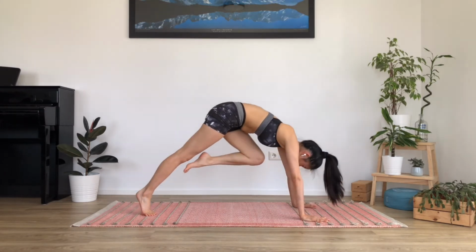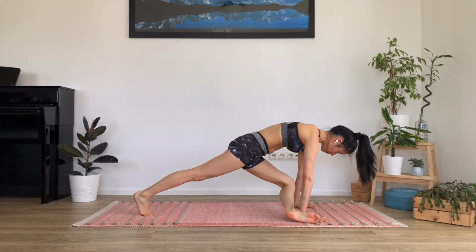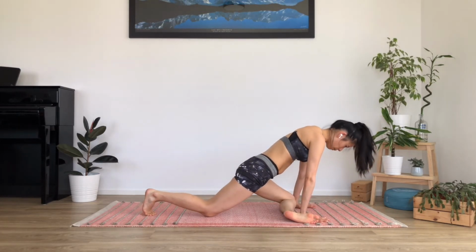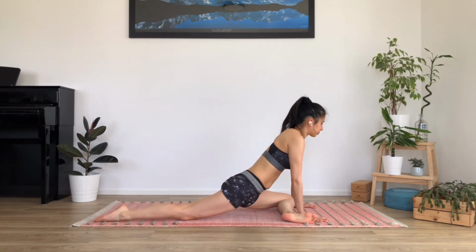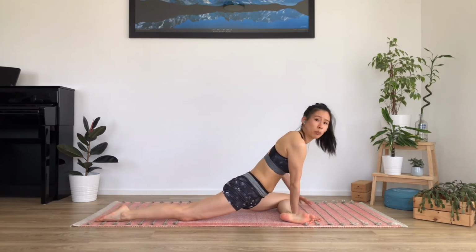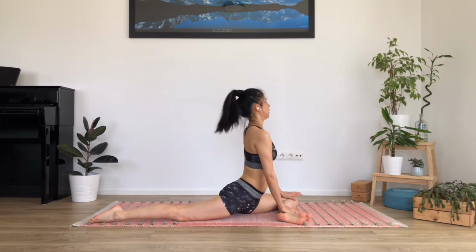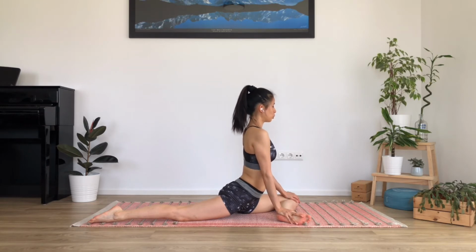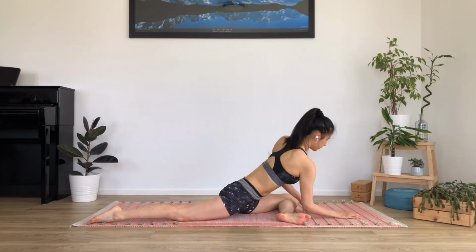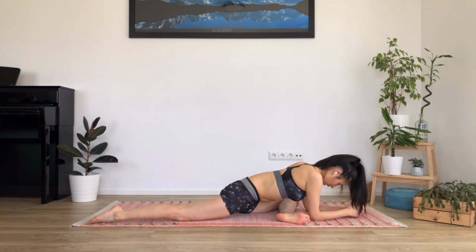Left knee into the chest, flex the left foot, ankle comes towards the right wrist, knee comes towards the left. Lower the back knee and then shift the weight back, maybe placing a pillow or a block underneath the left hip. Otherwise, coming all the way down, placing hands on the knees or on the mat, or walking them all the way forward, maybe coming onto your forearms. Keep that left foot nice and flexed,